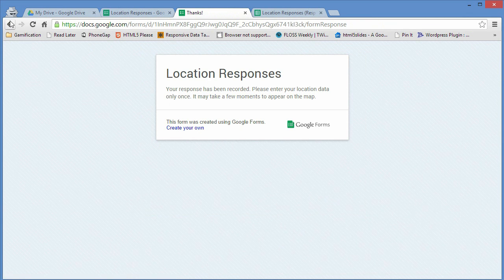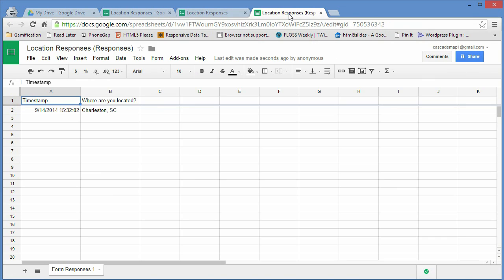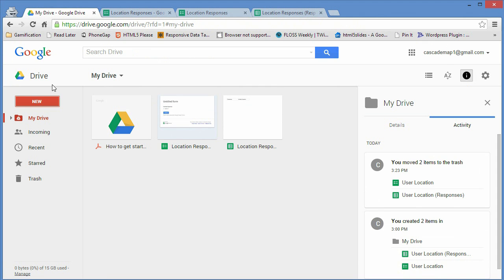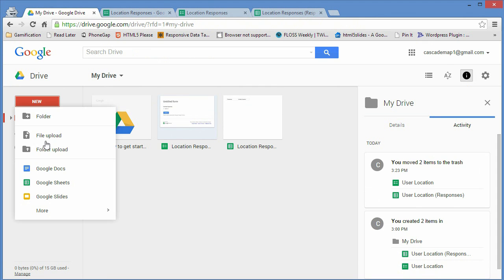And we get our confirmation, and what we should see in our spreadsheet is the timestamp and that information, which is great. Okay, so now I'm going to go back into my Google Drive. I'm going to make a new, I'm going to come down to